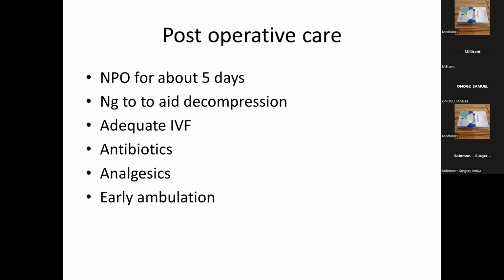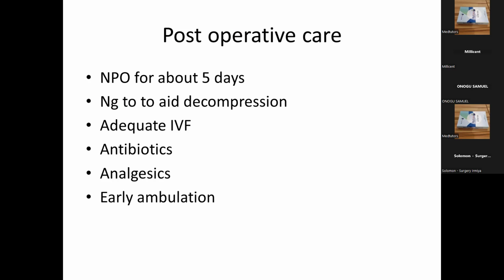In the postoperative care, this is also important for a successful outcome in your bowel anastomosis. It is advocated to keep the patient nil per os for about 5 days, as the bowel undergoes the various phases of bowel healing, typically the inflammatory, the proliferation, and the maturation stages. And then it's advocated to also put an NG tube to aid in decompressing the gut,